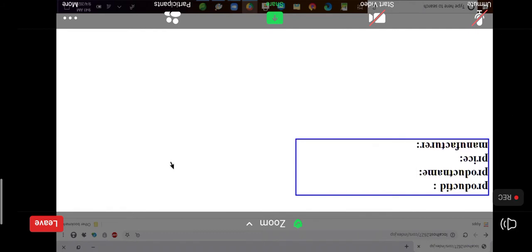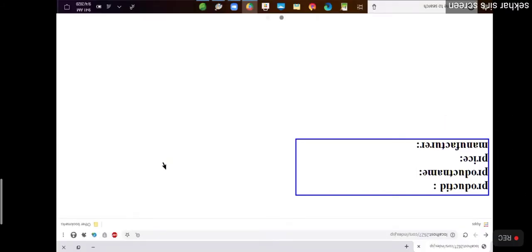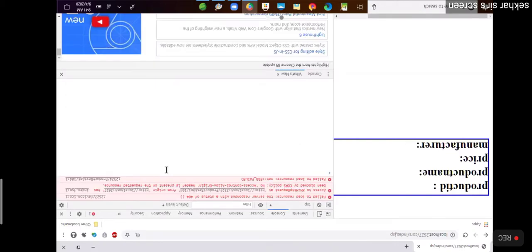Now I'd like to show that CORS error. Here you are finding an error. The error says: access to XMLHttpRequest at 2324 product REST API 104 from origin 2627 has been blocked by CORS policy.